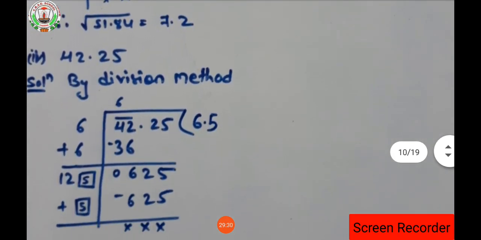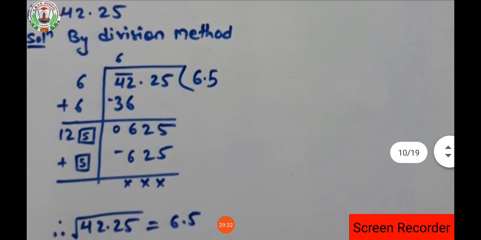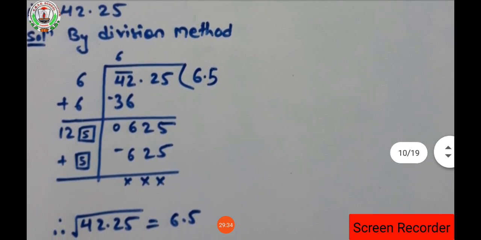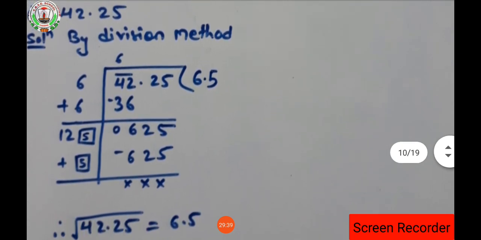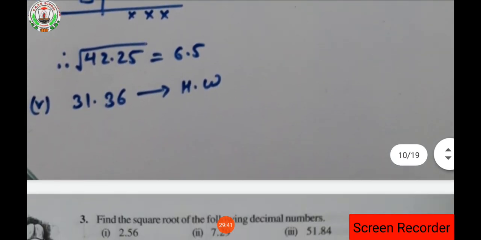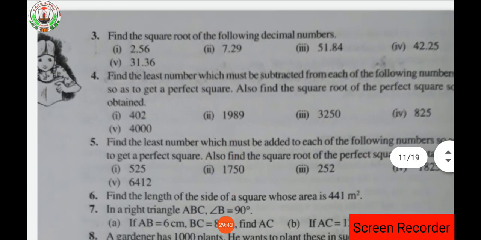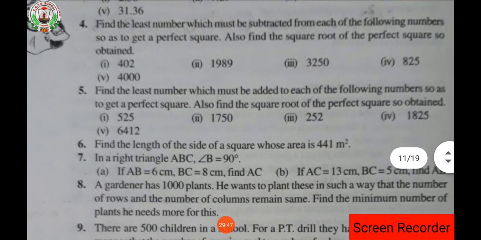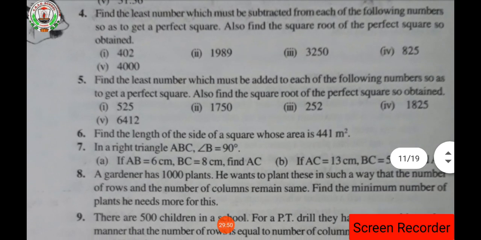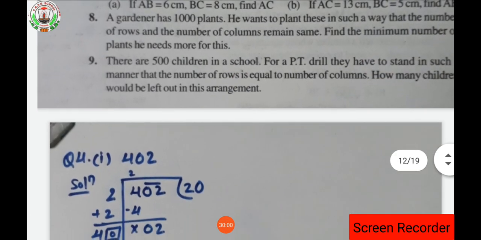Next, the fourth part is also the same. Try to do it on your own. If you can't understand, please ask me. Here is the solution given on the display board. And the fifth part is your homework. Now, the third question we had already done, isn't it? The fourth and fifth questions we are going to do in this video, but 6, 7, 8 and 9 we will do tomorrow. The solutions to questions 6, 7, 8 and 9 I will give you in the next video.